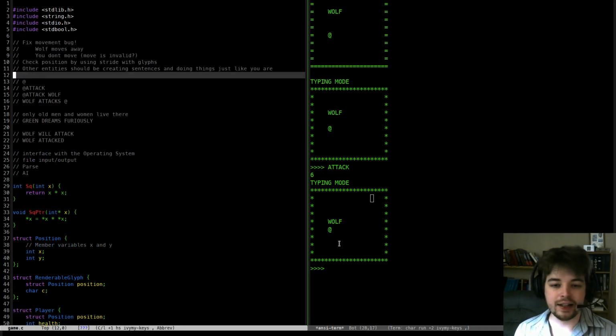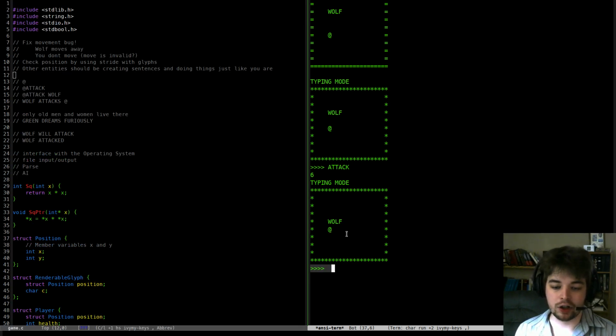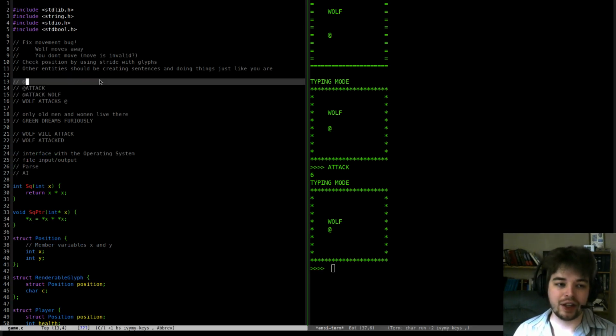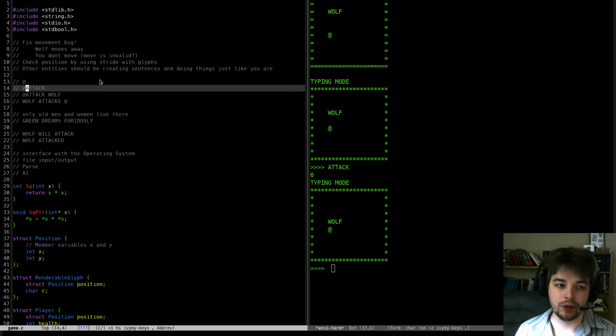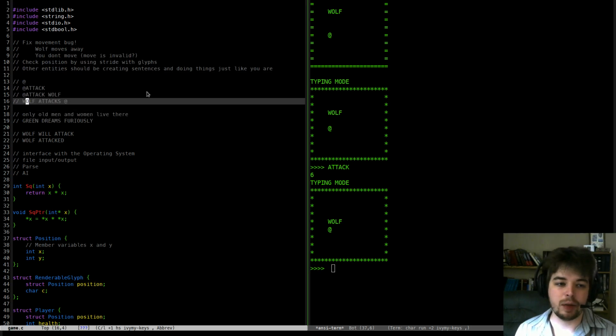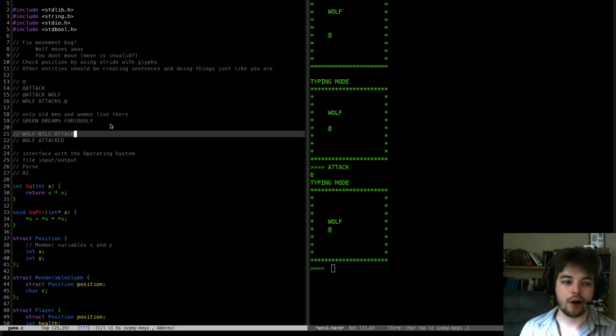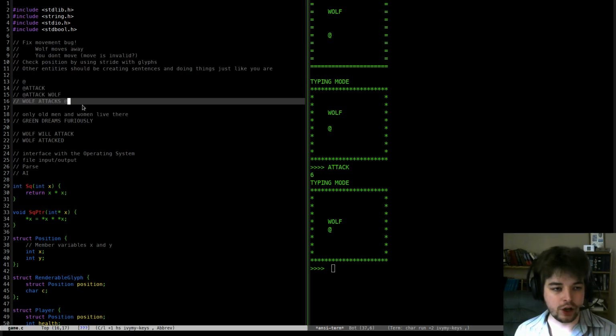So the idea is that you are a little cursor, just like we have in our text editor right here. You can move it with the arrow keys. Maybe you can click to place it around on things. I don't know, kind of however you want to move it. And then